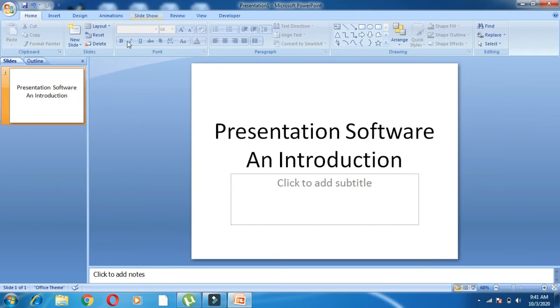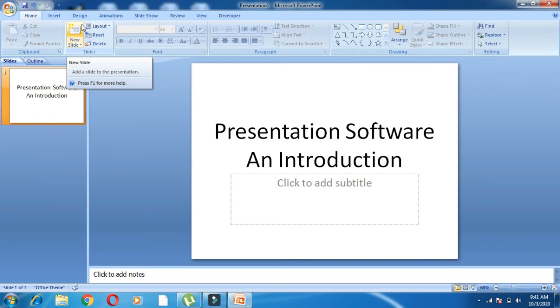Then near the title bar, at the corner, you get the quick access toolbar. See the save, the undo, these features are known as the quick access toolbar.